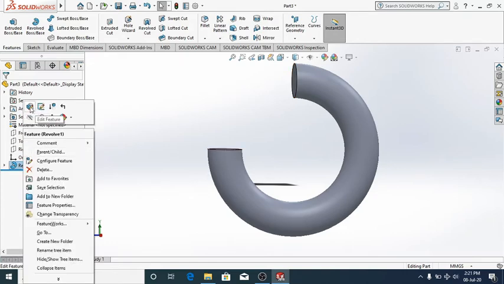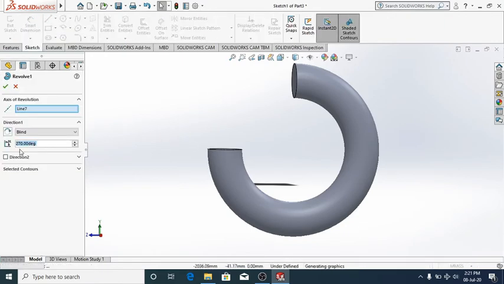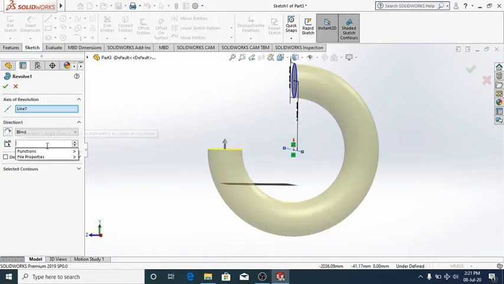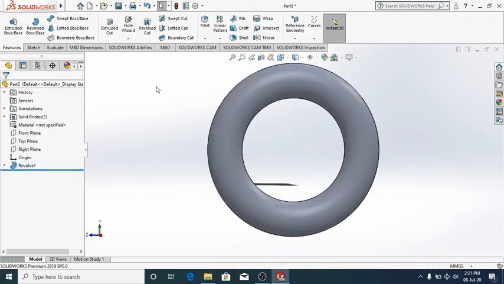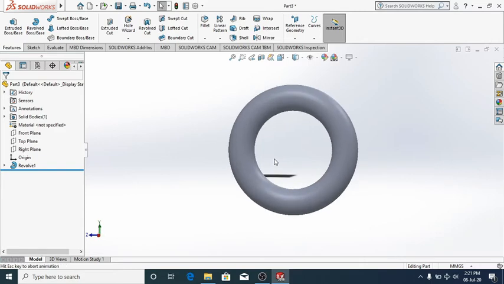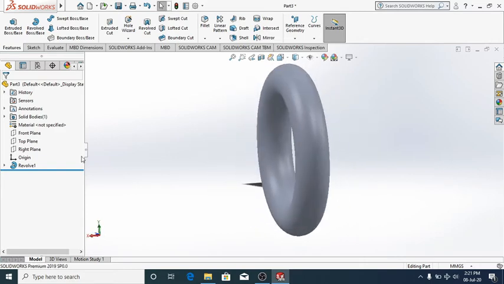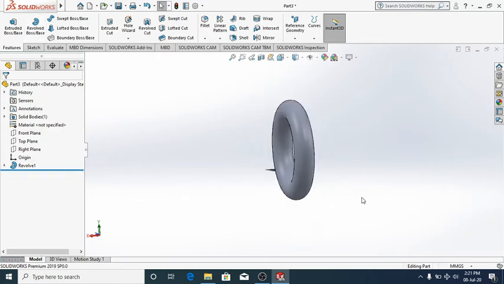Whatever the solid feature, we can edit that. So let me go for 360 degrees. That will be the complete one. Let's say it's a donut. So we can build any tire or any circular feature, or anything which is even all around an axis. We can use this feature, Revolved Boss/Base.